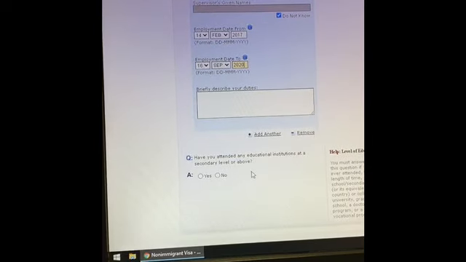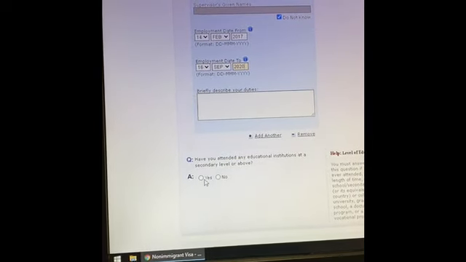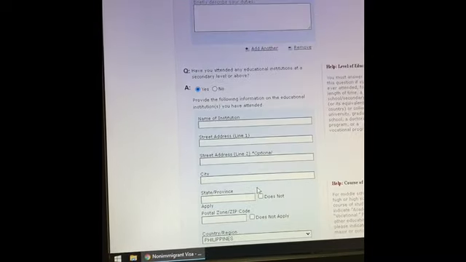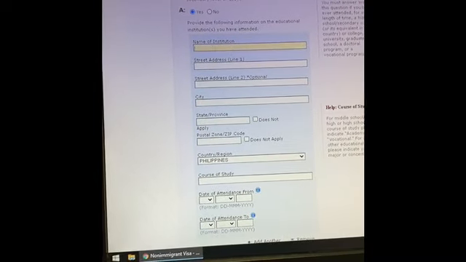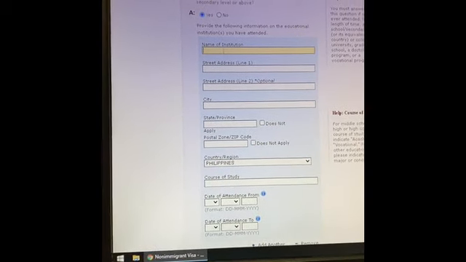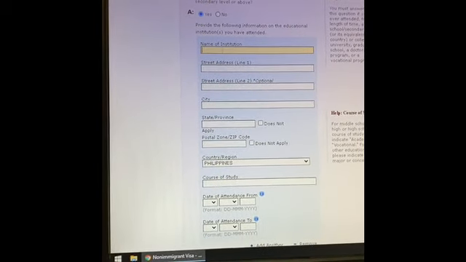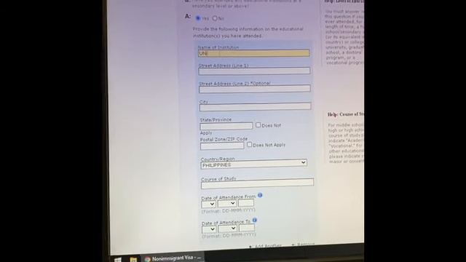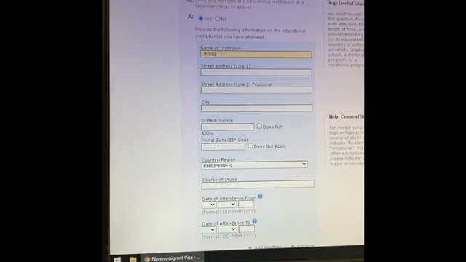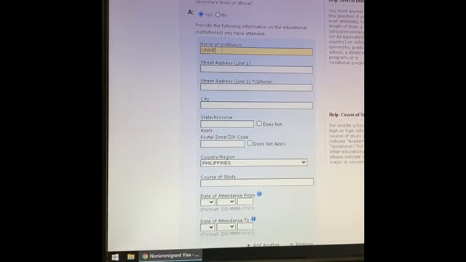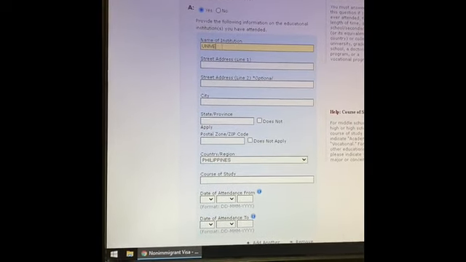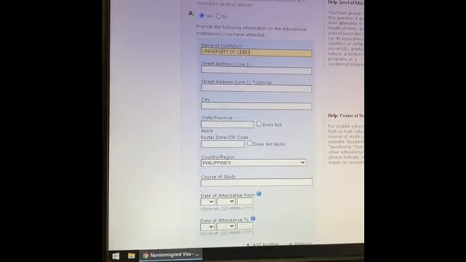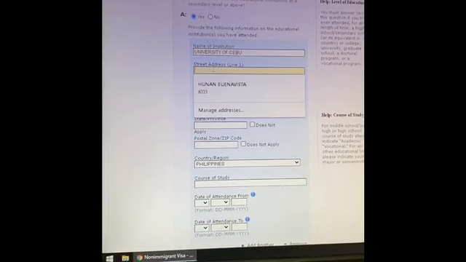Have you attended any educational institution somewhere above? Yes. And then you just also have to include that one, education, name of institution. Example, University of Cebu. Let's say University of Cebu. Address, Mandaue,